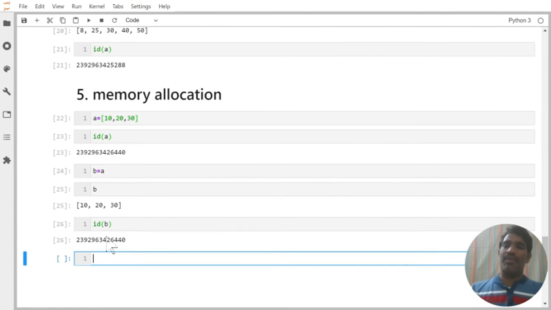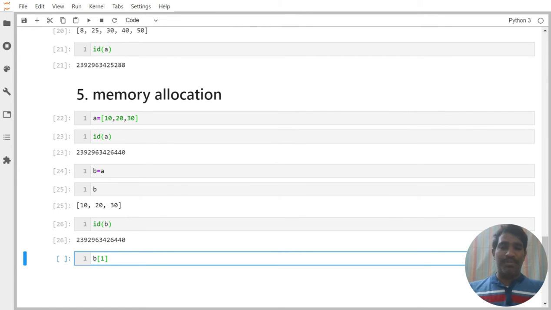Same values, same memory location also. Now my question is, if you change either a or b, both are going to be impacted, because though two names are available, the backend physical memory is the same. Anything you change, a or b, both will be impacted.